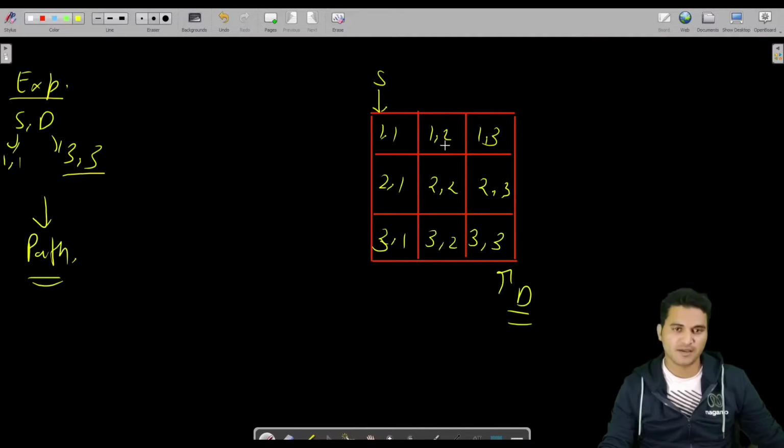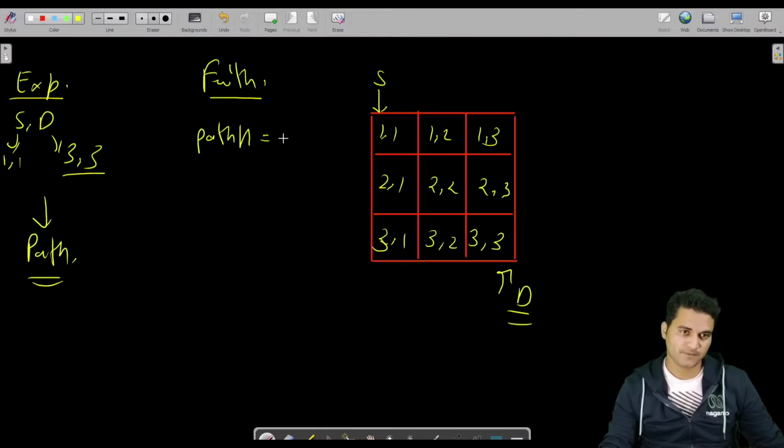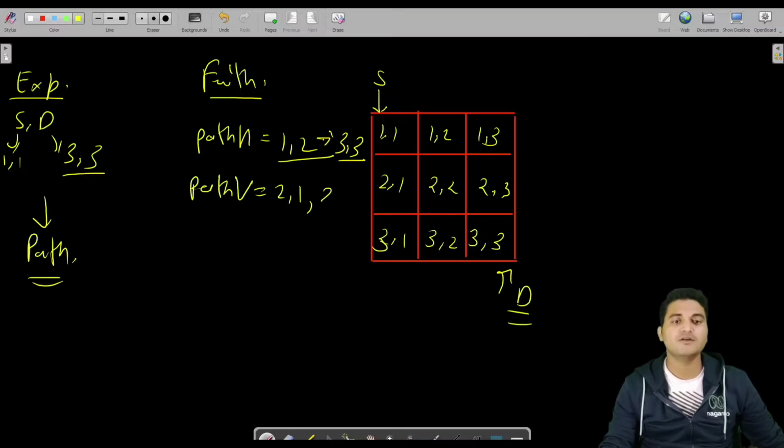But my faith is, get me the path from 1,2. Get me the path one box away horizontally from here to here, let us say the path horizontally from 1,2 to 3,3. Also get me the path vertically, like 2,1 to 3,3. Then if I have the paths from this box to the destination and from this box to the destination, I will add one step horizontally into this, and one step vertically into this.